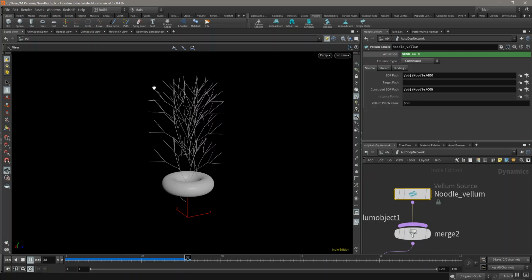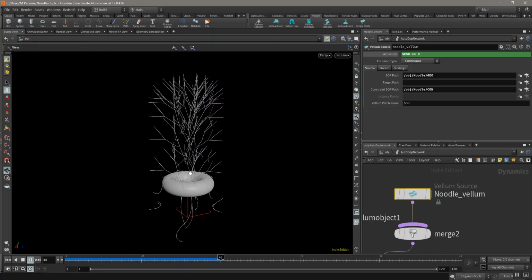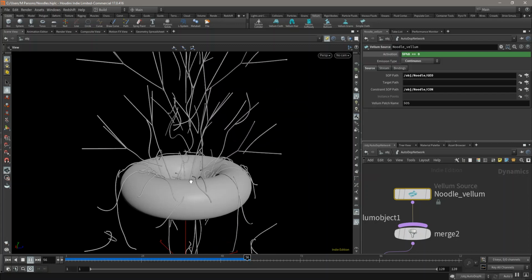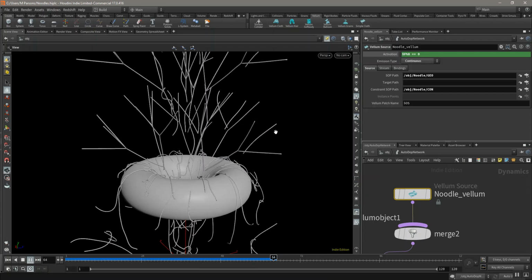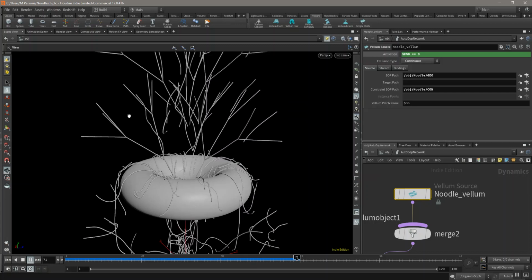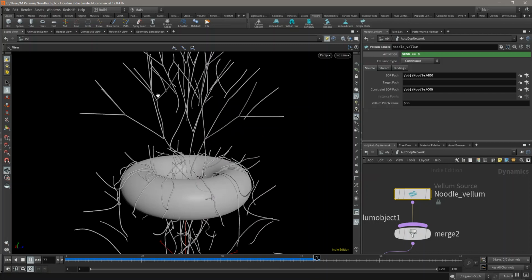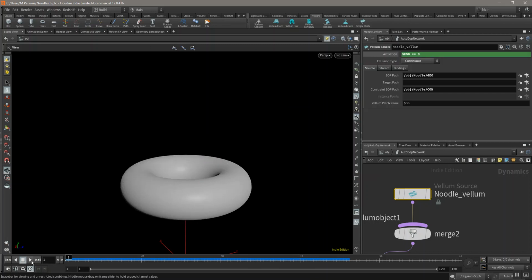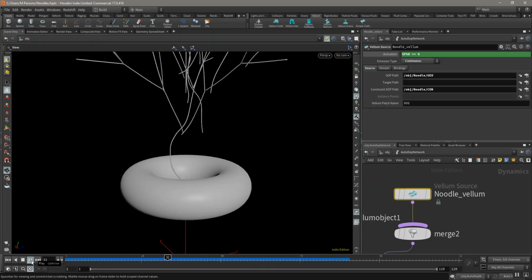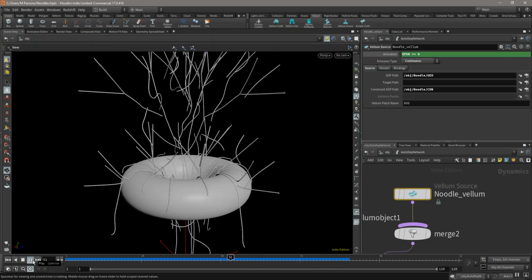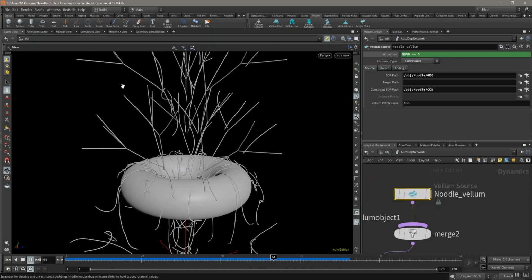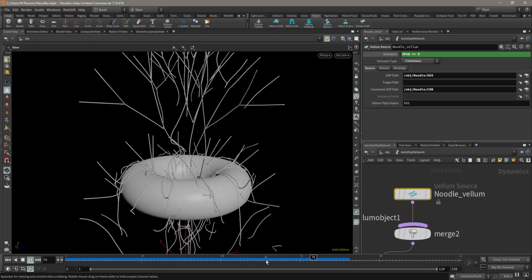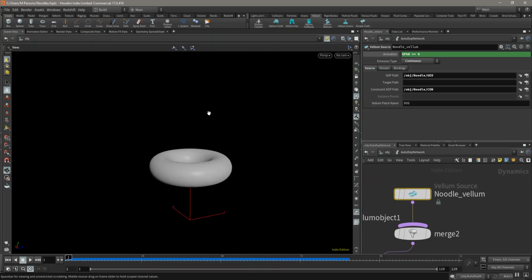And you can see now every 8 frames we're simulating. And this is going to be a lot more geometry, but it makes for a lot cooler of a result. Now, these are falling very regularly, so it doesn't really look natural when we play back. They're self-colliding, but we can kind of tell that this is a branch structure, which we don't really want. I mean, noodles aren't usually emitted from branches, so